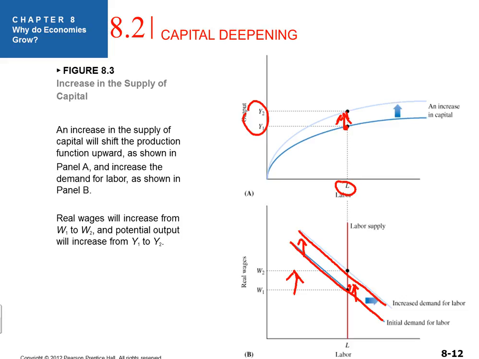And this is not just theoretical, this actually happens. In fact, if you go back and look at the U.S., for example, in the 1800s, as we developed more industrial equipment, each worker was able to be more productive. Instead of doing things completely manually, things became more automated, and there was more capital for workers to use to be productive. And what happened is that each worker was able to produce more, and then their actual